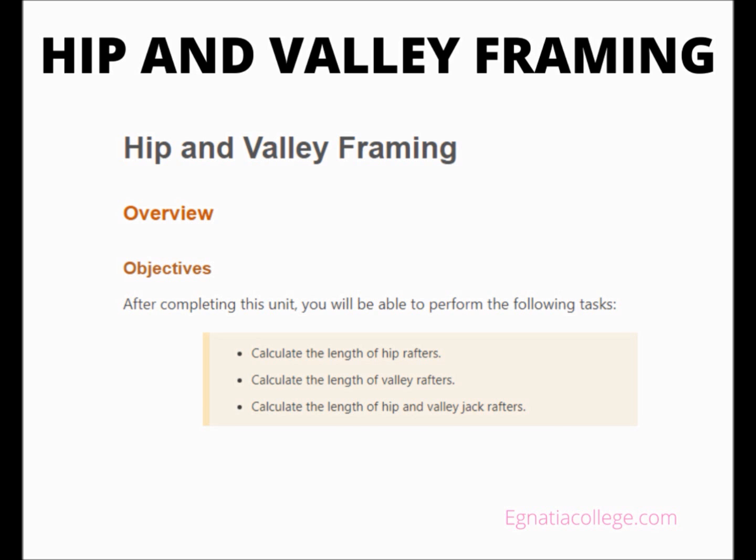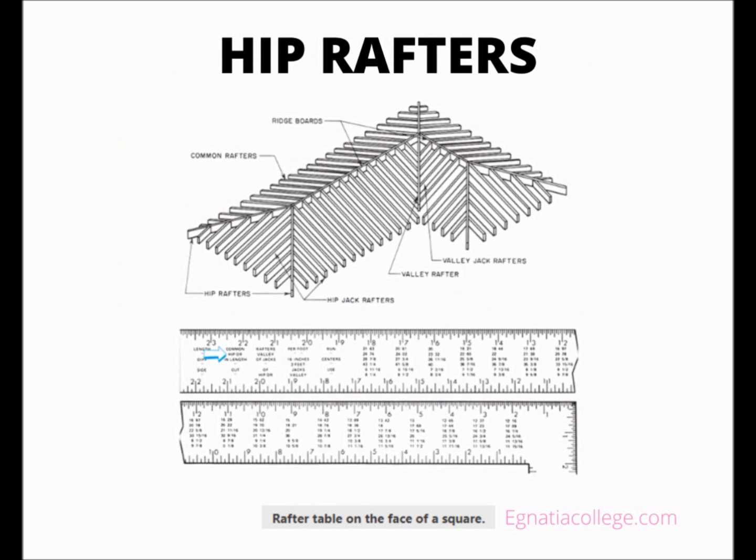Hip rafters. Hip rafters run from the corner of the building to the ridge at a 45 degree angle. The length of hip rafters can be found by using a table found on most framing squares. The second line of this table is used to calculate the length of hip rafters. This table is based on the unit run and rise method for finding the length of common rafters, explained in